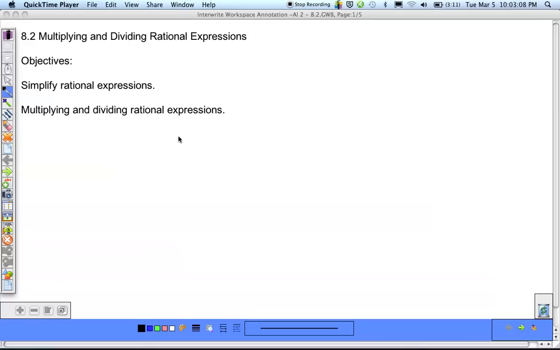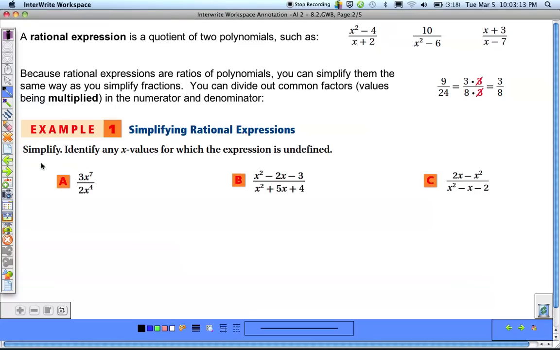Today we're going to take a look at 8.2, multiplying and dividing rational expressions. A rational expression is just a quotient of two polynomials. That just means that you're going to be dividing them. Because rational expressions are ratios, meaning they look like fractions, you can simplify them the same way that you simplify